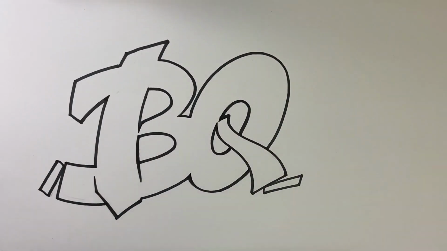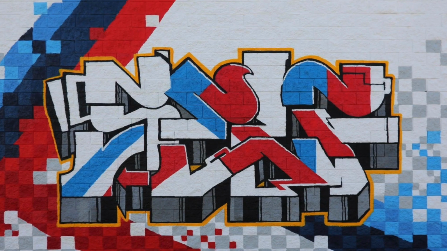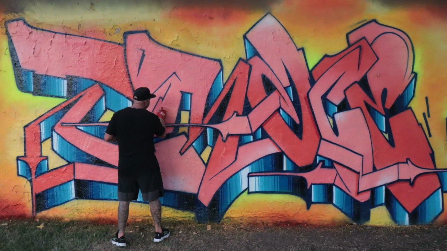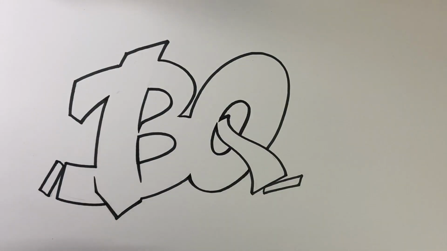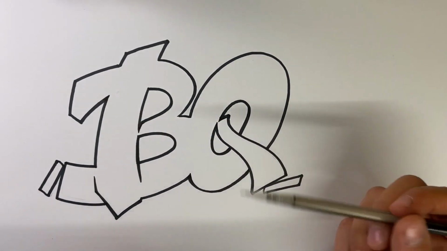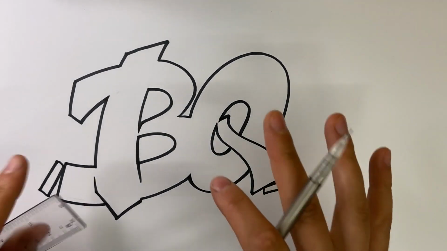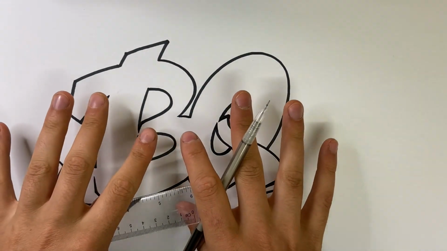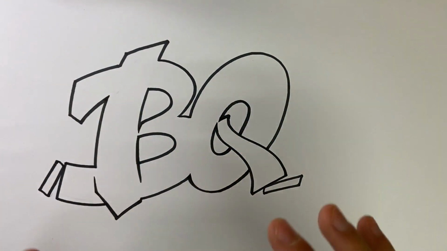Okay, so the first type of 3D we're going to go over is just the simple drop-down 3D. Now this is the most common and the most simple 3D to do, and I definitely recommend everyone tries this out first if you are new to this. Okay, so you've got your basic letter structure here. I've just gone with a B and a Q. And the drop-down 3D is basically as if this letter structure is lifted up and it's jumping off the page